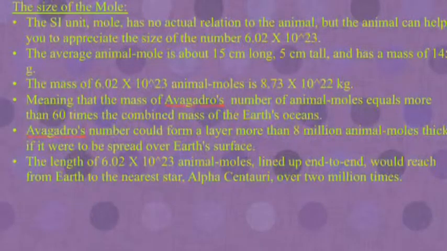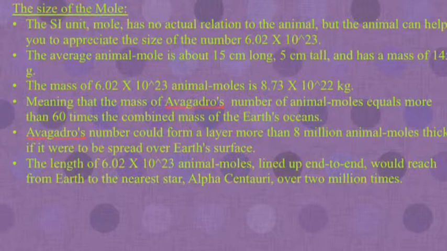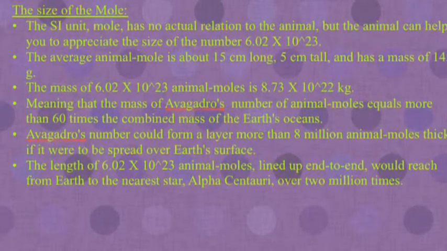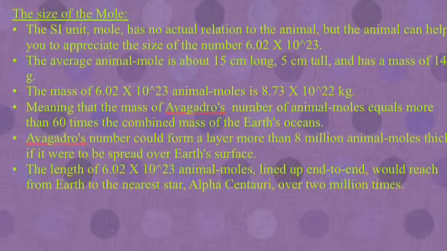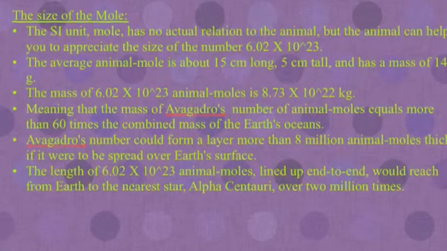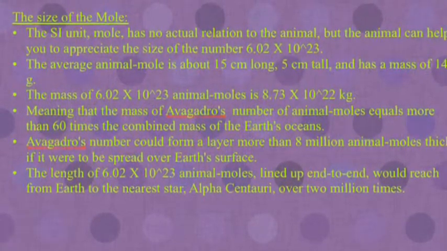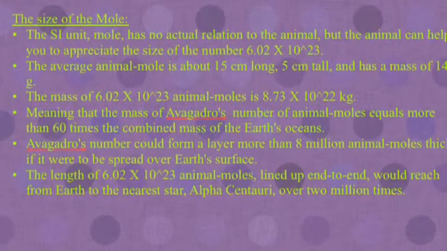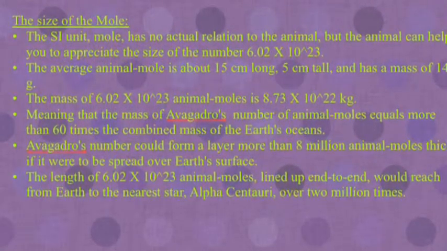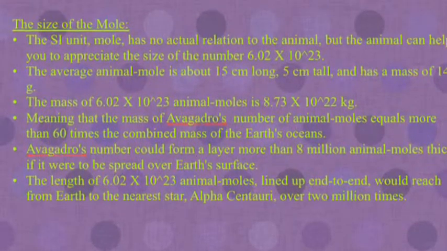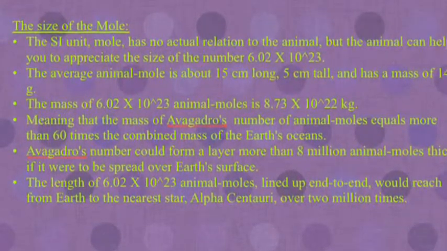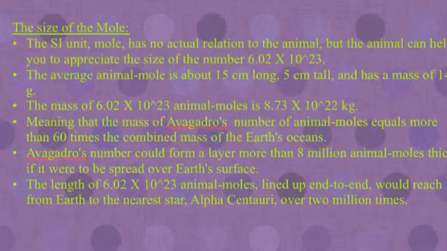Hogan with the size of a mole. The SI unit mole has no actual relation to the animal, but the animal can help you to appreciate the size of the number 6.02 times 10 to the 23rd. The average animal mole is about 15 centimeters long, 5 centimeters tall, and has a mass of 145 grams. The mass of 6.02 times 10 to the 23rd animal moles is 8.73 times 10 to the 22nd kilograms, meaning